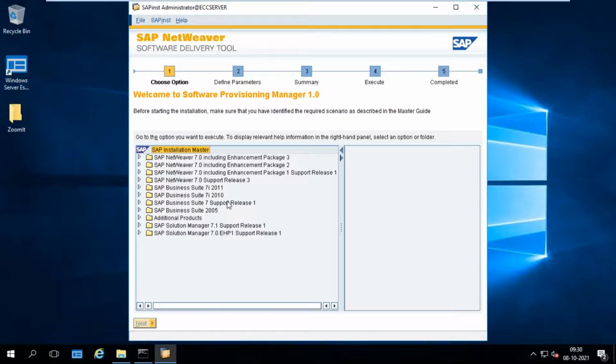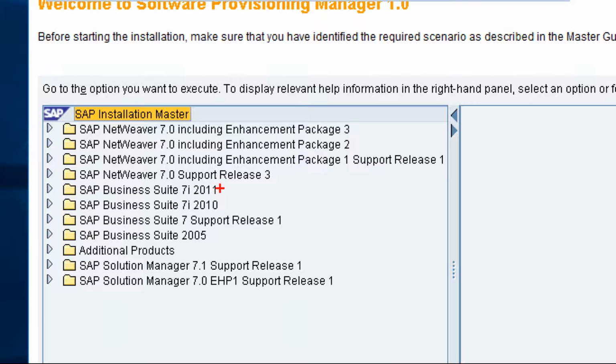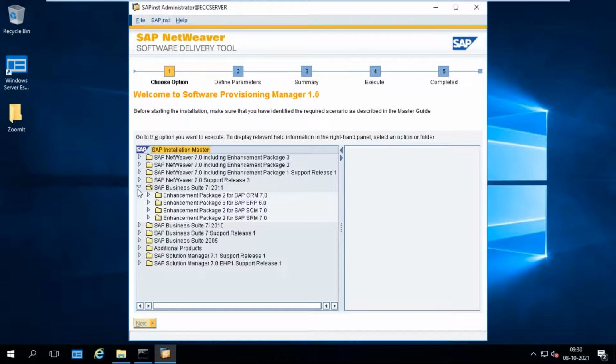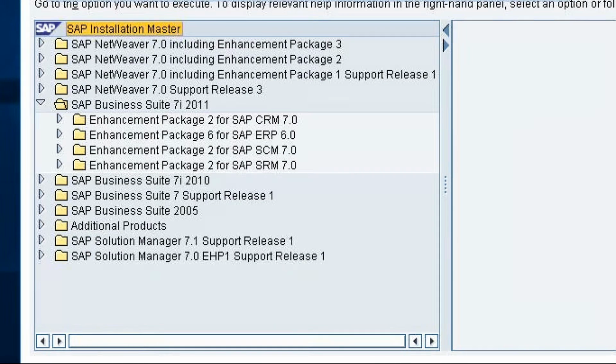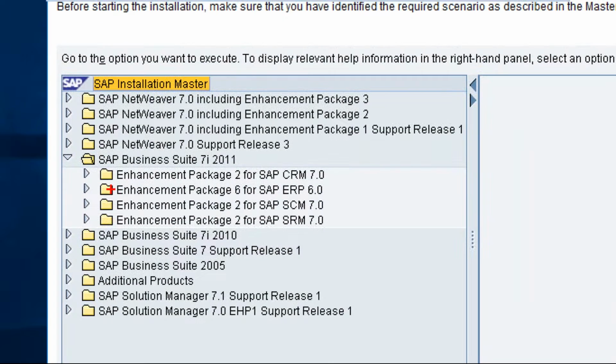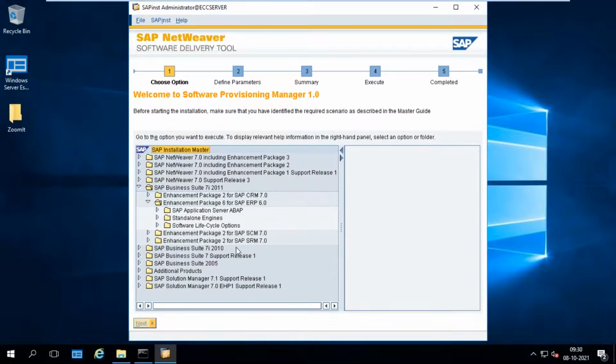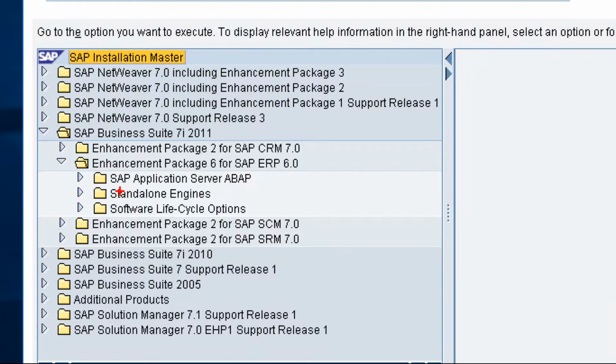So here now we need to expand SAP Business Suite 7 2011. We are going to install SAP ECC 6.0 with EHP 6, right? That is the reason we need to expand enhancement package EHP 6 for SAP ERP 6.0. Just expand that one. And here we need to expand SAP application server ABAP.